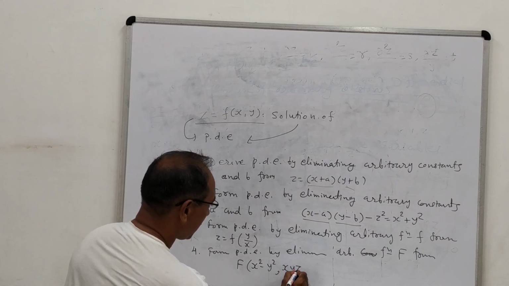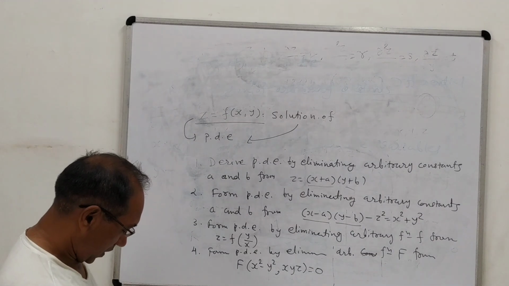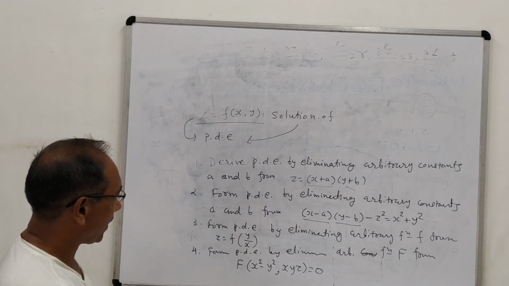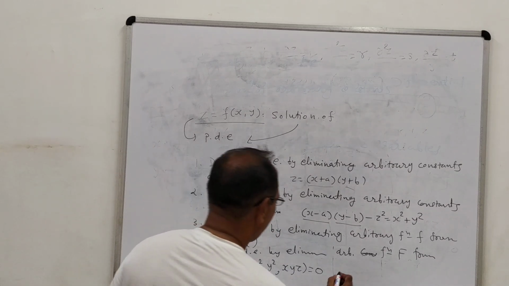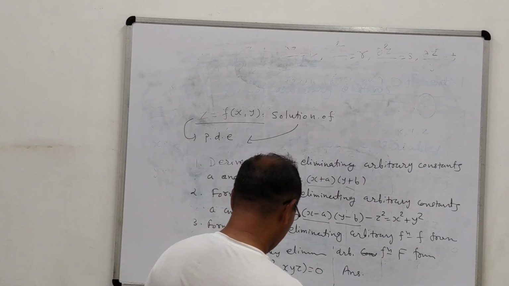x, y, z equal to 0. So you solve all these 4 equations. Also here I would like to give their answers also, so you can verify with your solution process and it will become very easy. Answer for this is